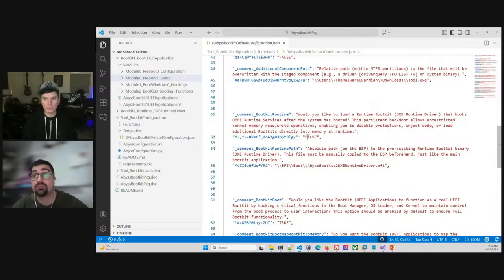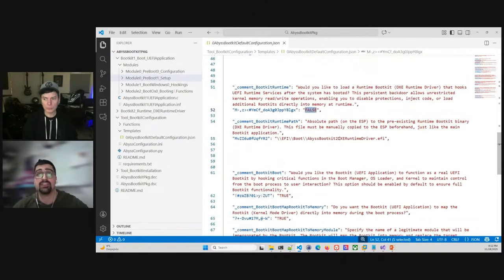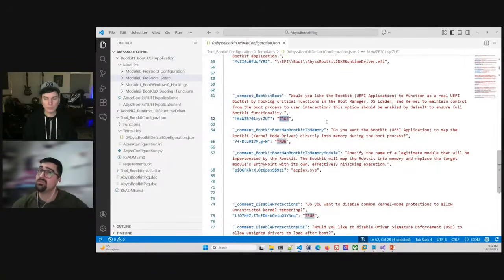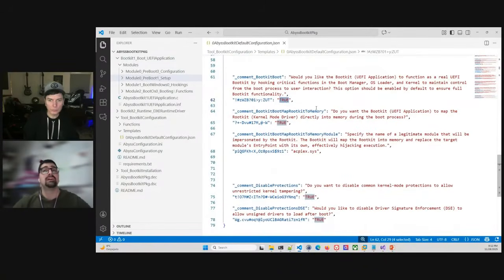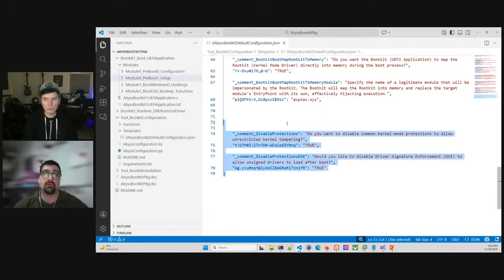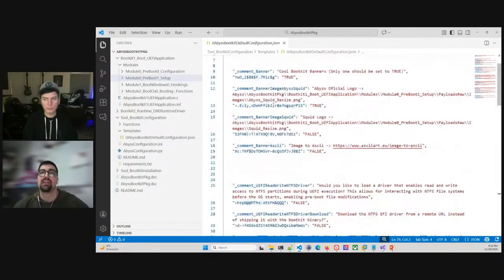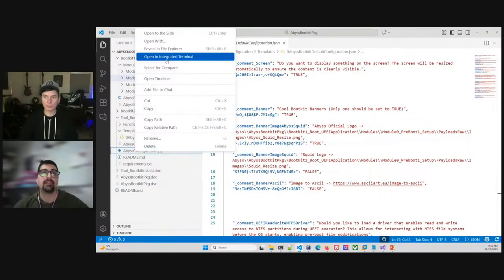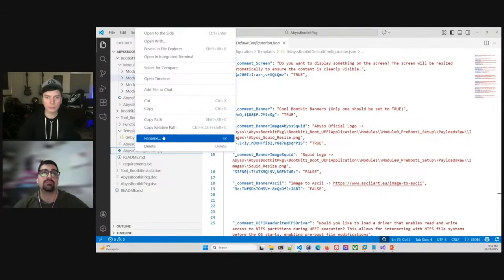Now I just don't want to load the DXE runtime driver. I just want the UEFI application to work as a typical UEFI bootkit, drop a kernel mode rootkit in memory, and I want to disable DSE as well. Okay, so you just have to change whatever value you want here,